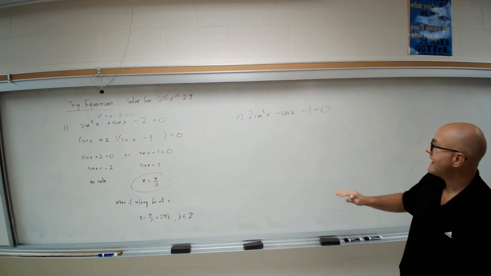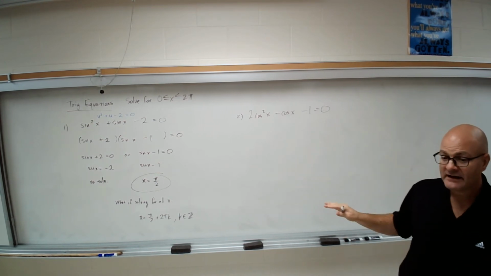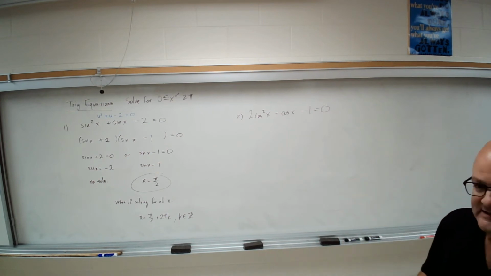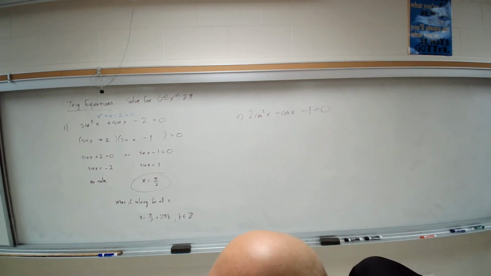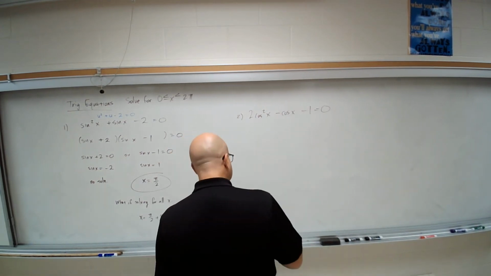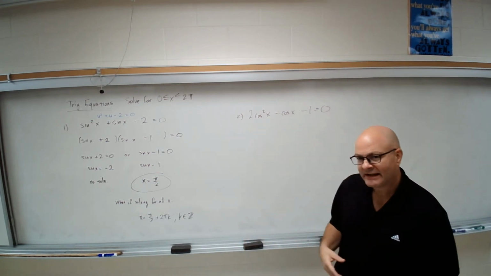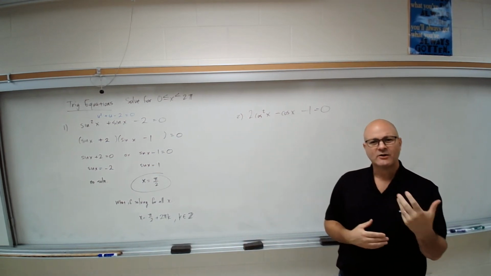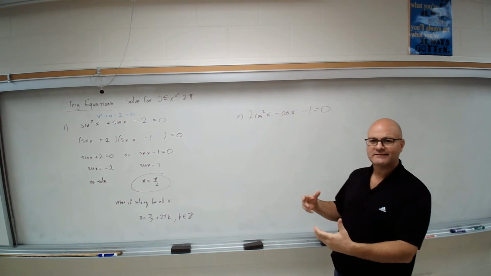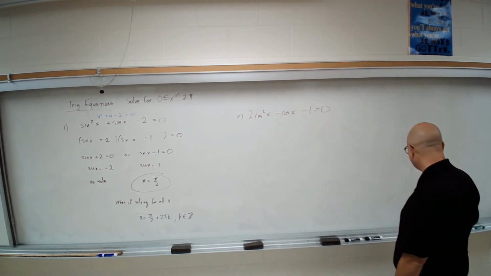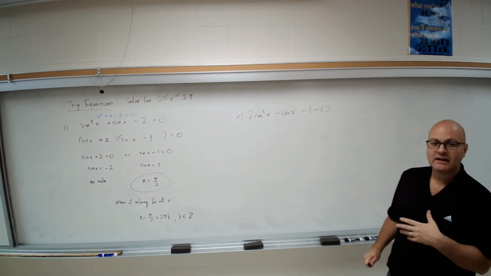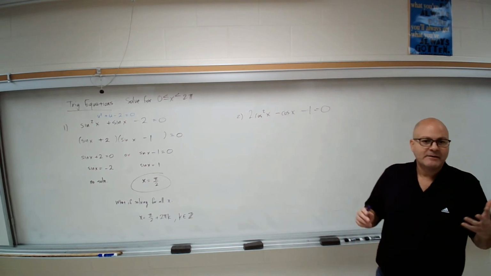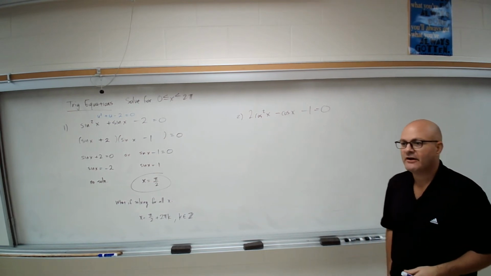Okay. So this next one, if you want to, take a minute and go ahead and try to factor that, see if you can set it up. Let's see how we do. Okay, so looking at this one, we're going to need to factor it again, and you can tell that because it has a cosine squared and it has a cosine. It's equal to 0. Looks like it's factoring. A lot of people are fine factoring this. You might know that